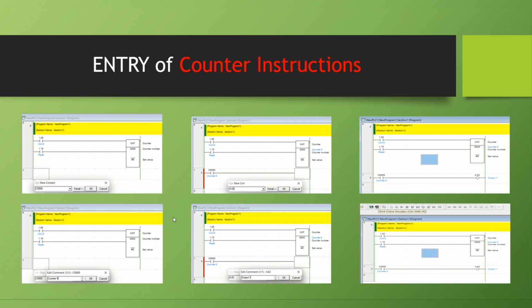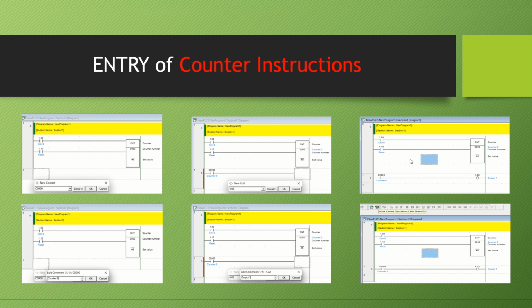Then after we put the normally open contact C000, we will put now the output coil here for the application of the counter. Here we will put an address of 4.02 as the output 1,